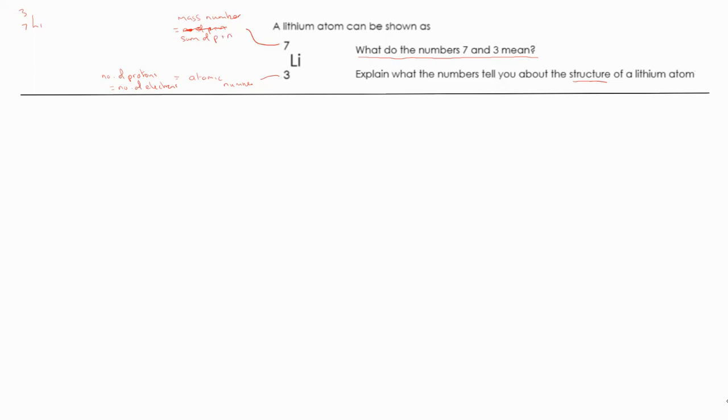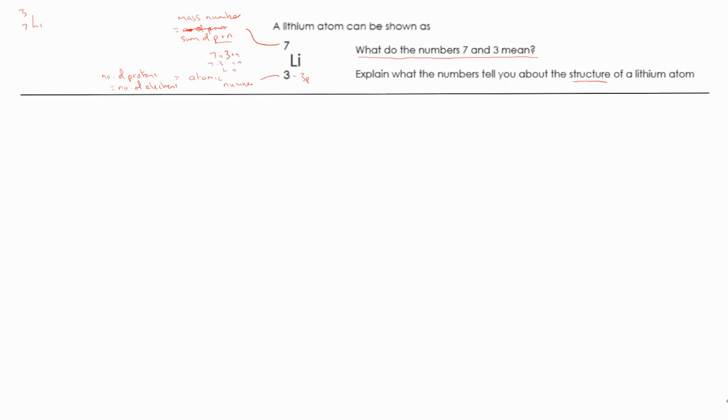Okay, so in terms of the structure, we know the number of protons and electrons, and because the mass number tells you the number of protons and neutrons added together, we know that we've got 3 protons. So if 7 is 3 plus the number of neutrons, then neutrons has to be 7 minus 3,